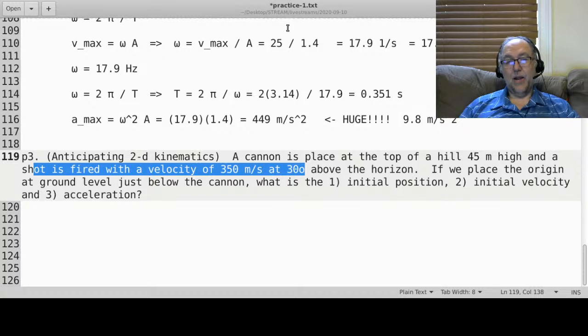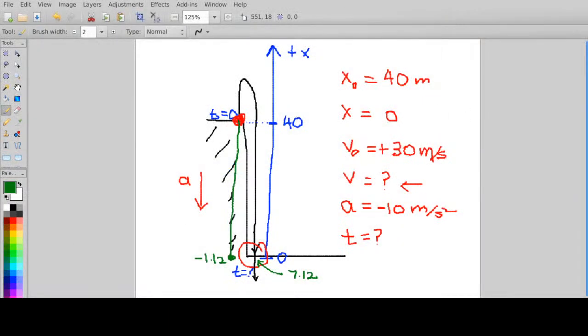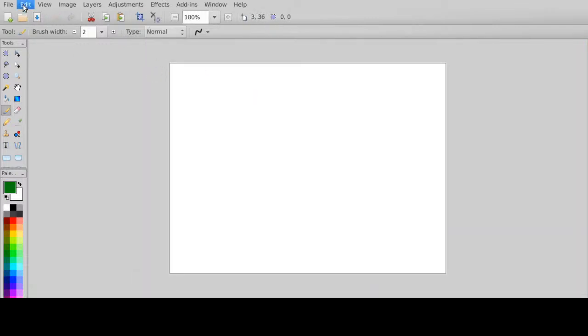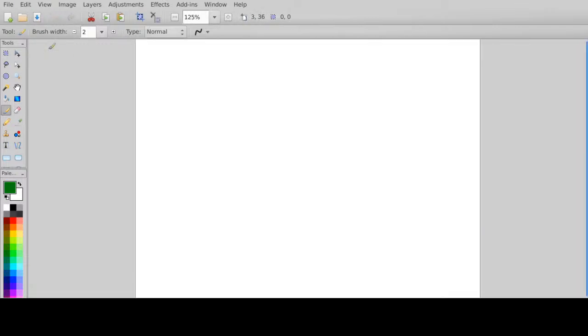Let me show you what that diagram looks like, okay? So let me switch to my other whiteboard. Let me create another sheet here like that. And let me zoom in a bit so it's a little easier to see. Okay. And what's the first step? Draw a picture. Just of the physical